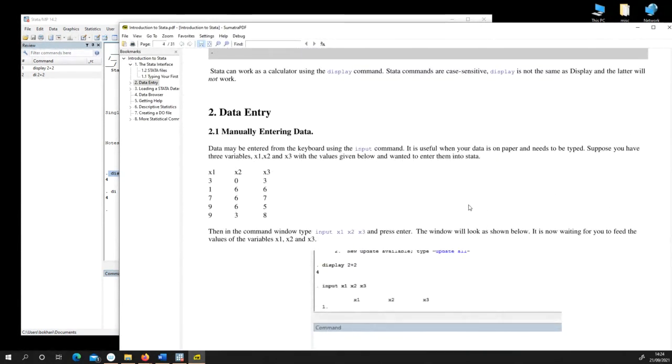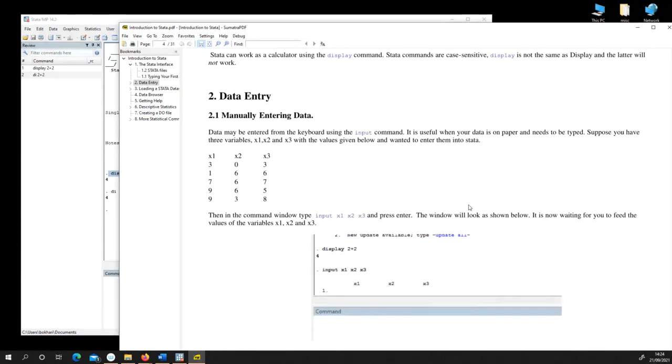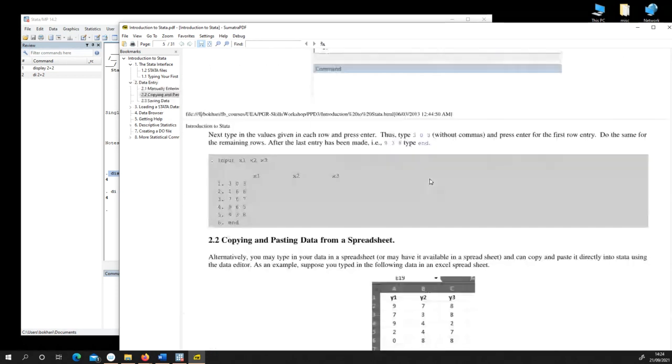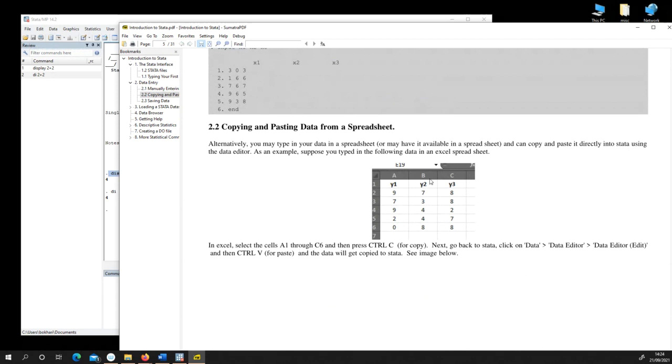We can also do data entry manually. I've given how to enter data manually over here, but I'm going to skip that because manual entry, while I explain it over here, is relatively rare in this day and age. Most often than not, you will get data given to you as either a previously saved STATA data set or some sort of a spreadsheet or a comma delimited file or something like that, which you can directly import into STATA. So I'm going to go over and show you how to import using first the simplest command, which is